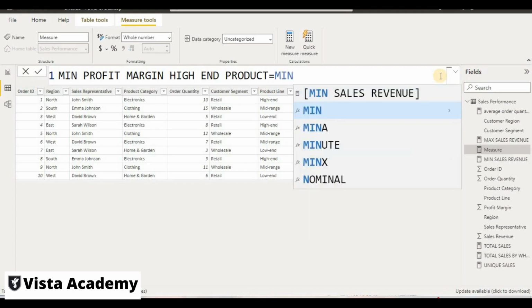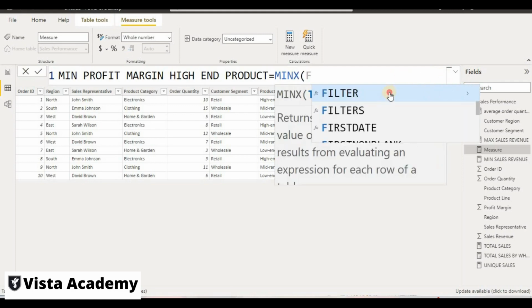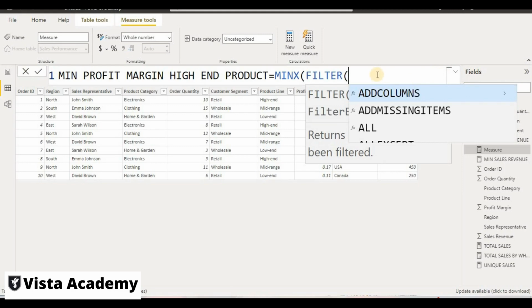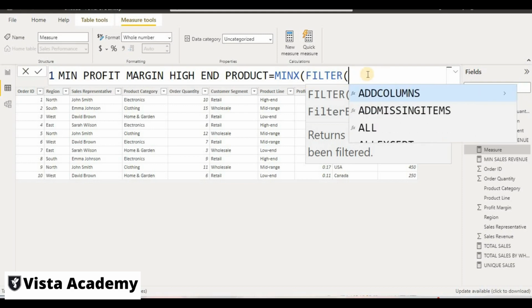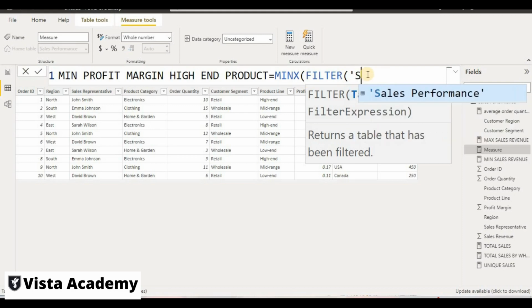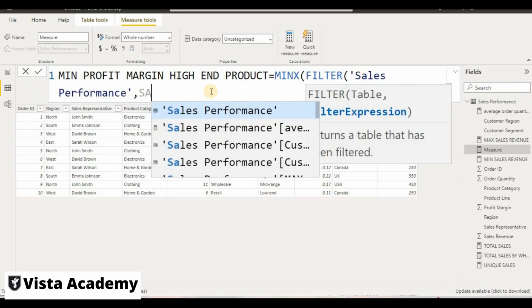So here I will use the formula MINX. So we are using the two rows here, so I will use MINX. Then I will use filter, and from our table I will take the sales performance table. I think we have to put a comma here, then sales performance, then again a comma, then sales performance. And for high end product, our name is